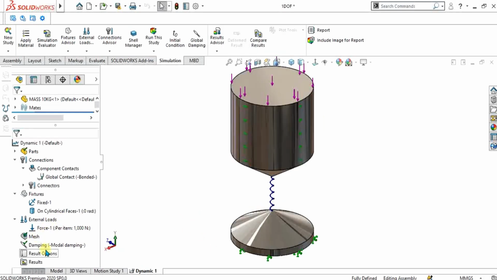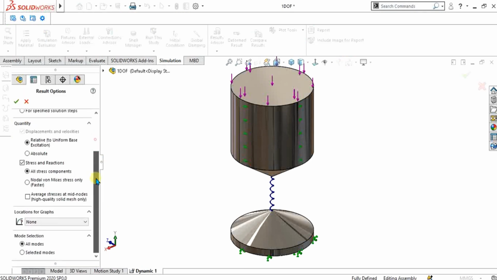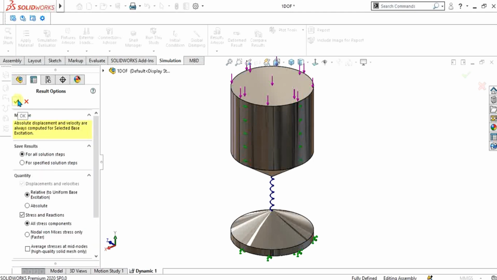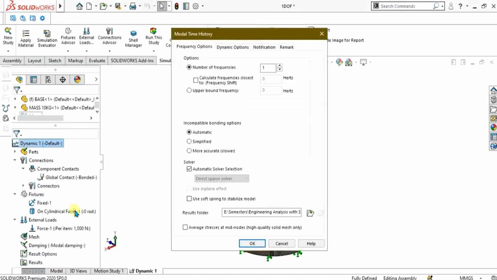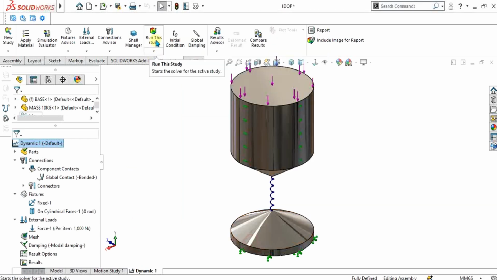Select OK. Now I have applied the boundary conditions, fixtures, external load, and damping. Now we will go to the result options, and from locations of graph we will select the workflow sensor. Select OK from here, and make sure that in the solver you have selected automatic solver selection. Select OK. Now simply run this study.